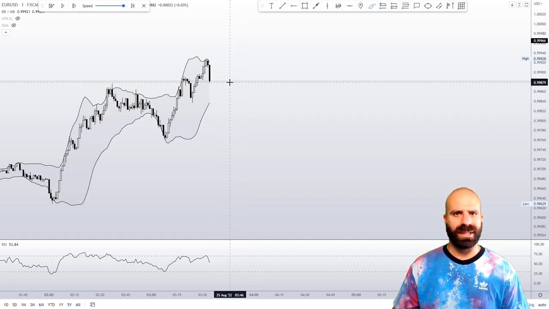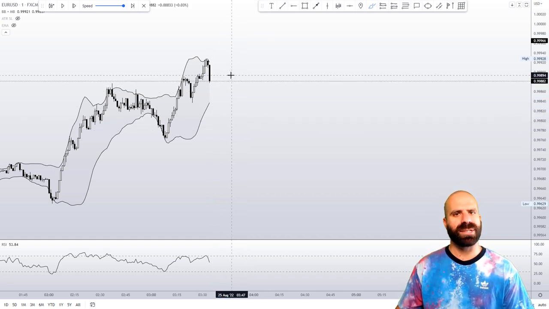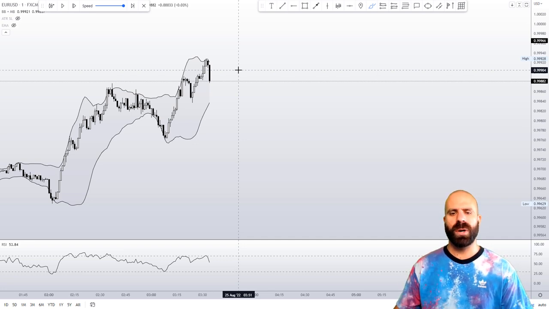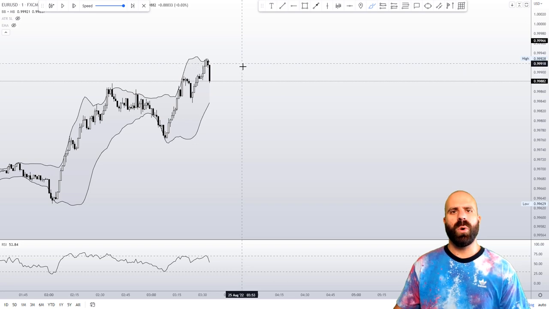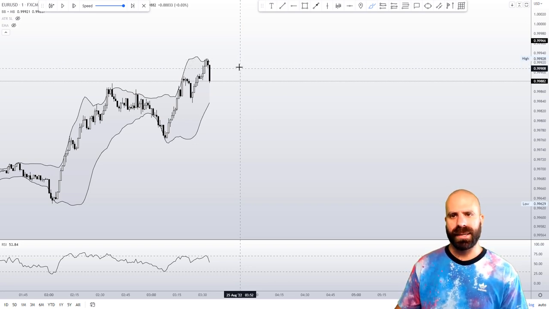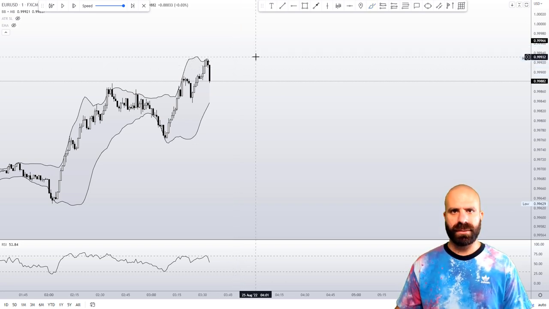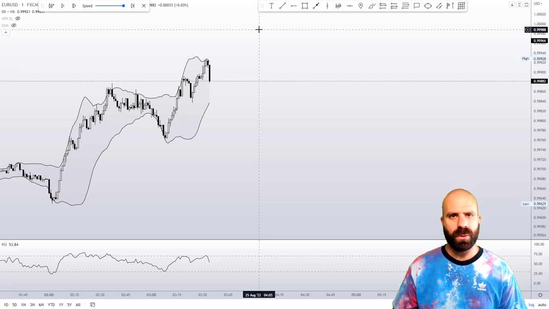But of course, this is not necessarily the case. This is just another systematic approach. So when we see those two things happening at the same time, then we go ahead and we will be placing a trade. Okay, for this strategy, I wouldn't be risking more than 0.3% of my account,